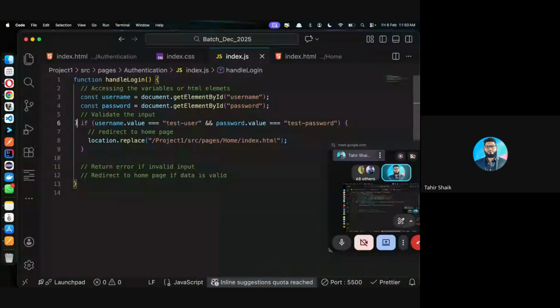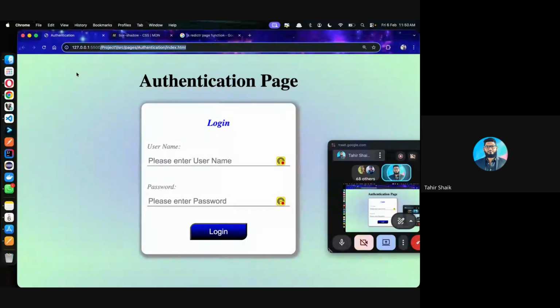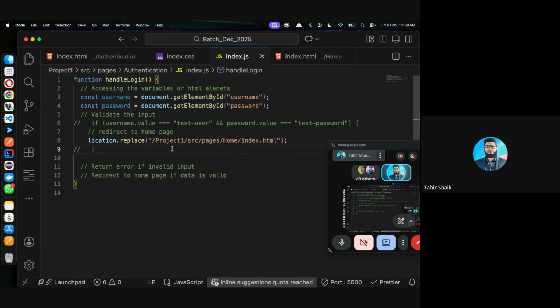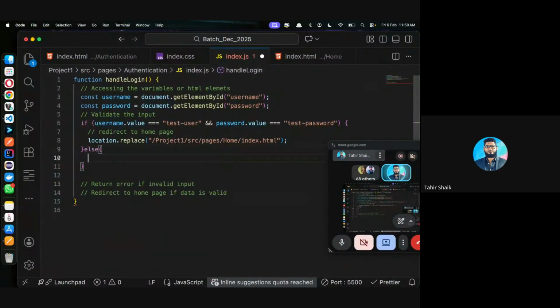Okay, let me just remove the validation and check whether it is redirecting or not. Okay, so if I click on this, it is redirecting to the home page, right? It is redirecting directly. Now if I add the validation, else what we need to do, ఒకవేళ పాస్వర్డ్ కనుక యూజర్